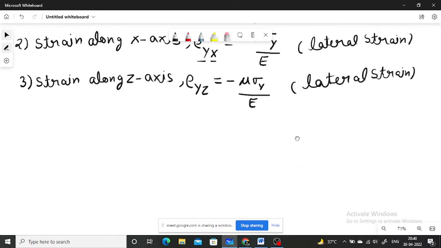Now the last, finally, strain in x, y and z direction